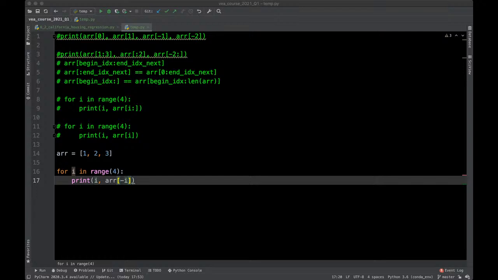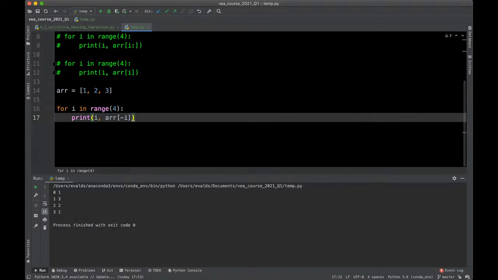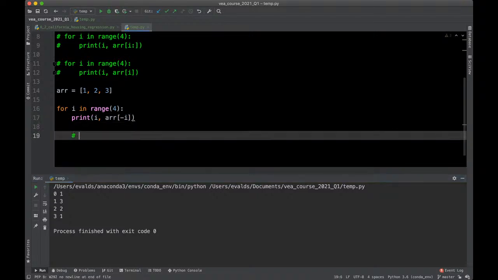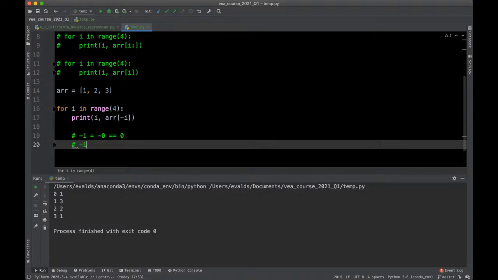Okay, so Gins is saying something, but basically why is it like that? If you think about it arithmetically, what it actually is, if I run it now, let's see. The first one is 1, then there is a 3, 2, 1. But why it is like that is because if you think about it, e minus 0, so if I write it like this, it will be minus 0, which is basically the same as just a 0. So you can think that the first run is just a 0, then the next one is minus 1, then the next one is